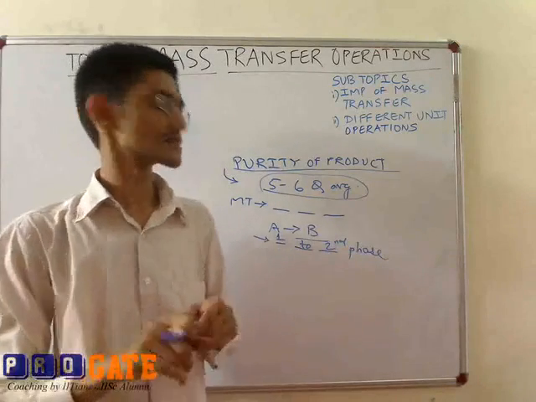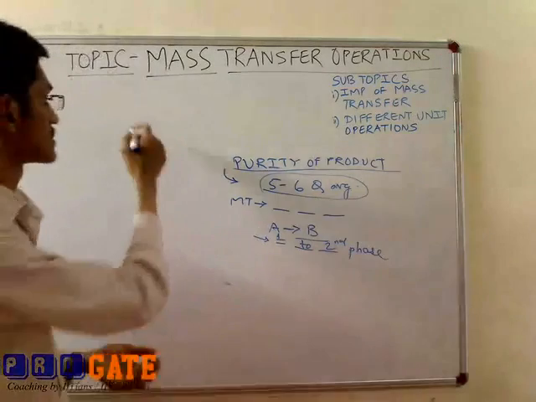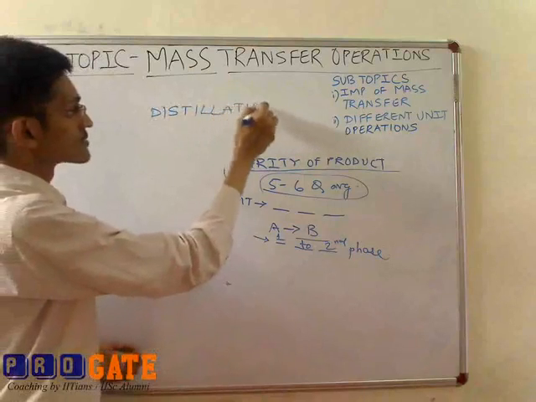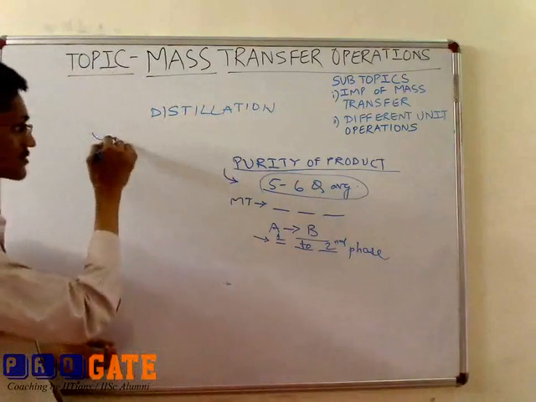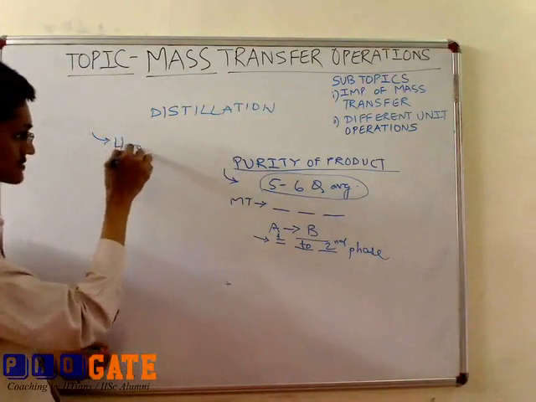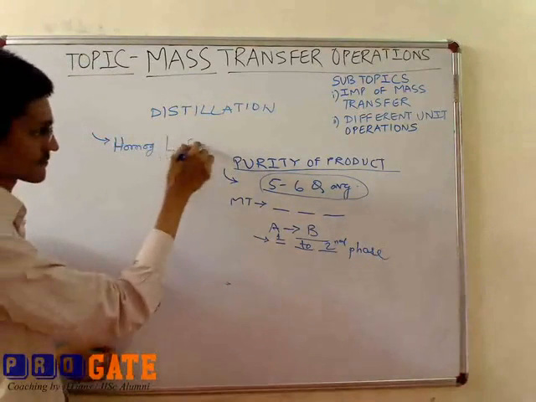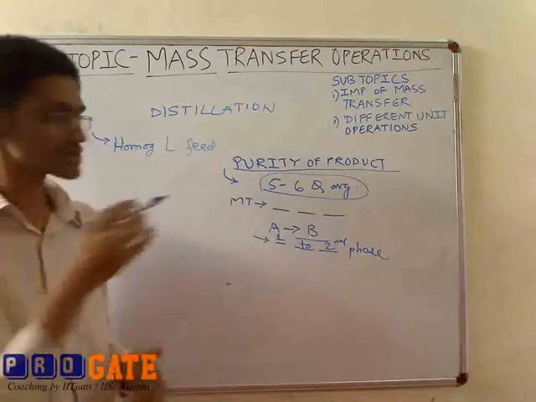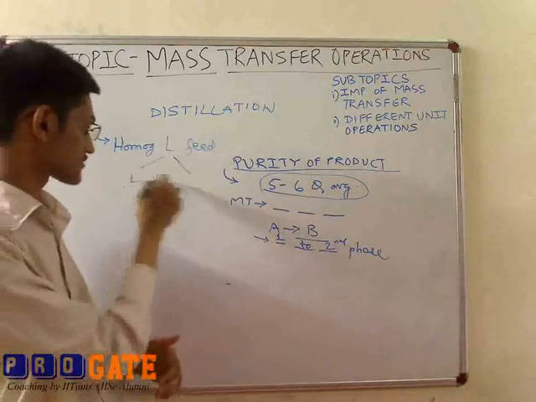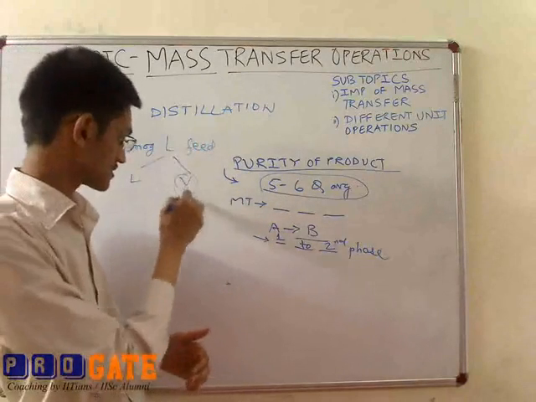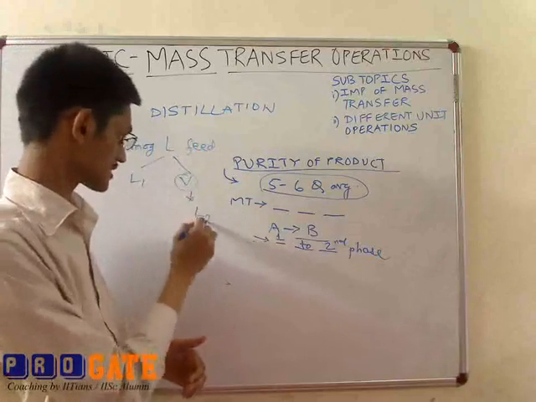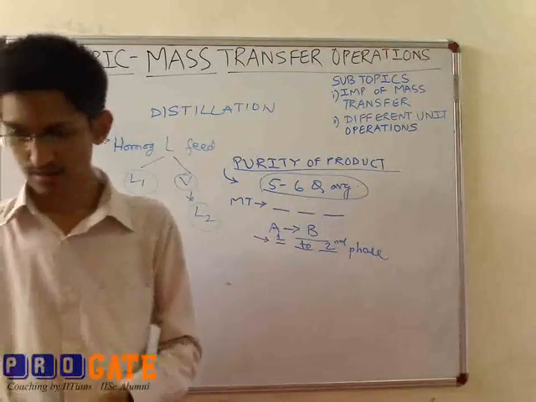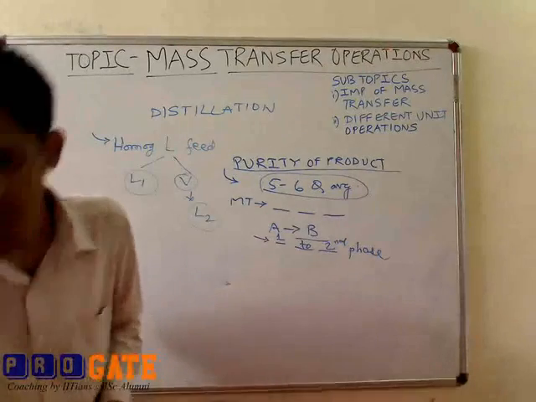So let's take an example, like we have a distillation column in a process. So what does a distillation column do? Initially we may be having a homogeneous liquid feed. This homogeneous liquid feed, through the heat input, gets separated into two, that is liquid and vapor. Vapor on condensation may lead to another liquid, this is L1 and L2. L1 and L2 both may be of some purity. So in that way, what we are doing is